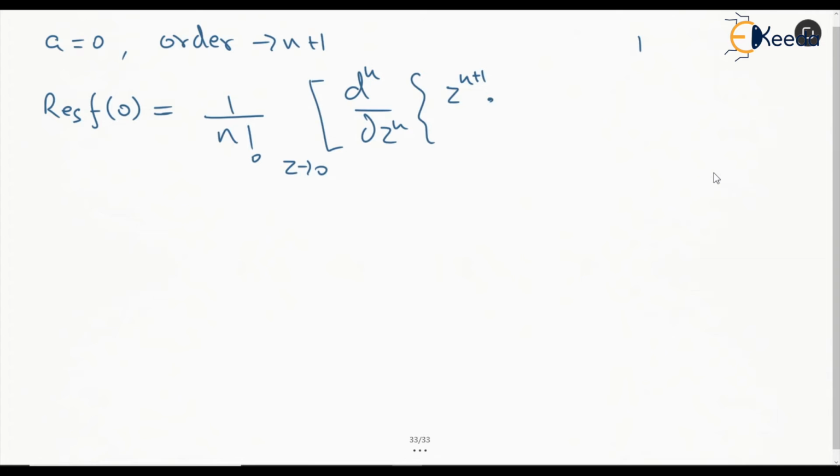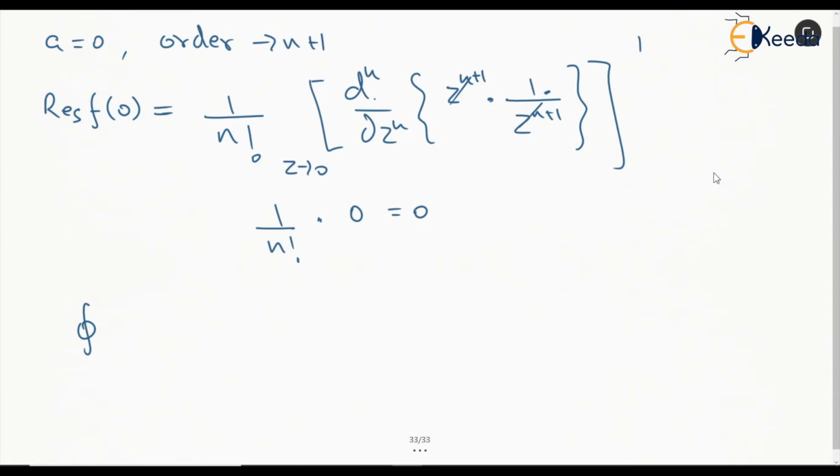This will get cancelled, and overall we will be left with only a constant value 1, right? And the nth derivative of 1 is going to be 0, so 1 by n factorial of 0 will be 0,